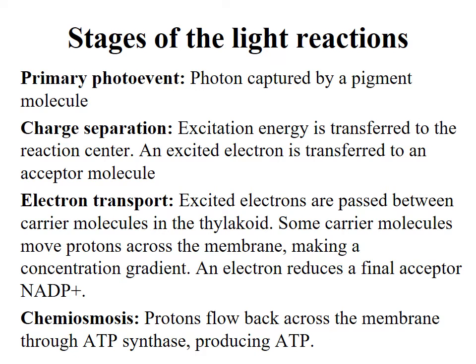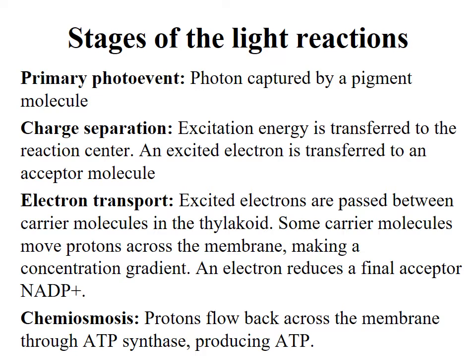So these are the different stages of the light reactions of photosynthesis that I've just described. So first of all is the primary photo event. That's when a photon of light is captured by a pigment molecule. Then you get charge separation, which is essentially the movement of that excitation energy between pigment molecules and ultimately into